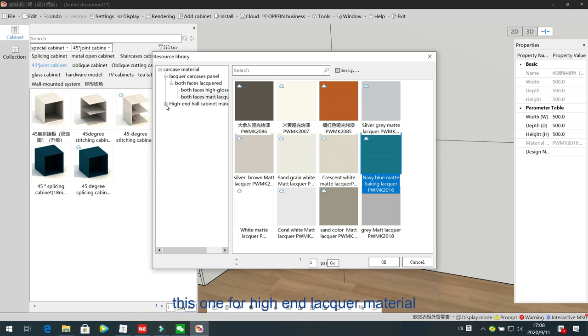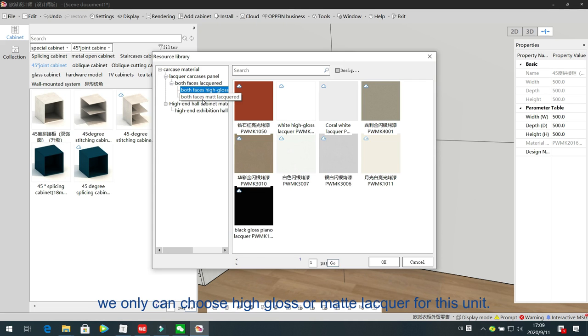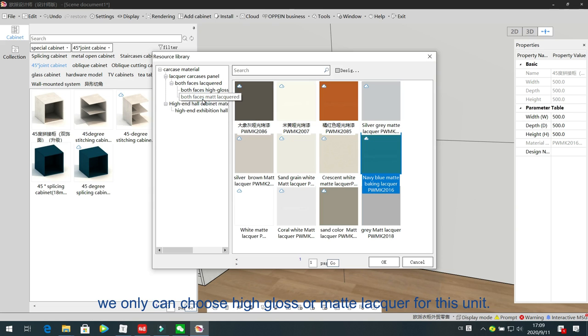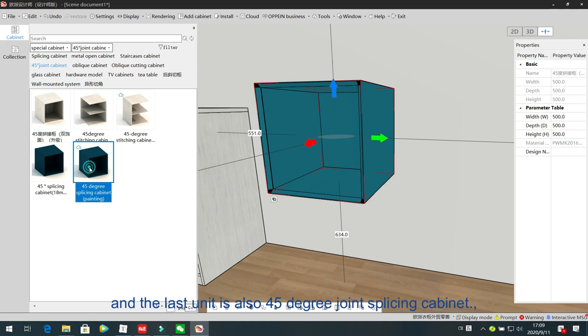This one is for high-end lacquer material, but right now it is not available for the overseas market. We can only choose high gloss or matte lacquer for this unit. We can also change the inside structure, add some shelves or add some drawers. It's okay. And the last unit is also a